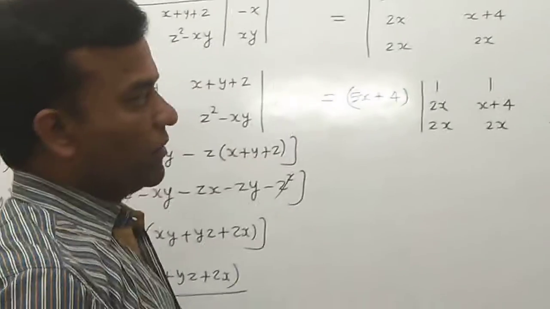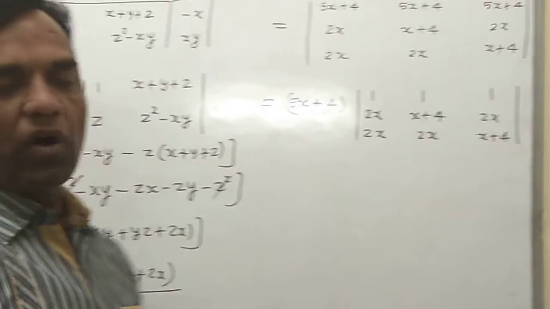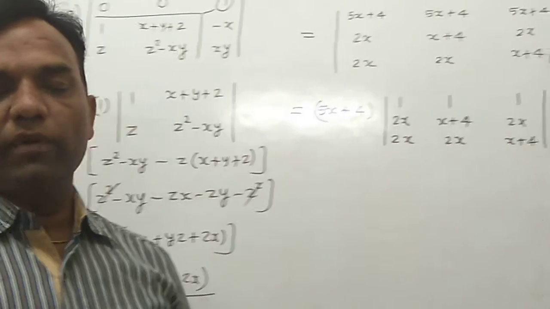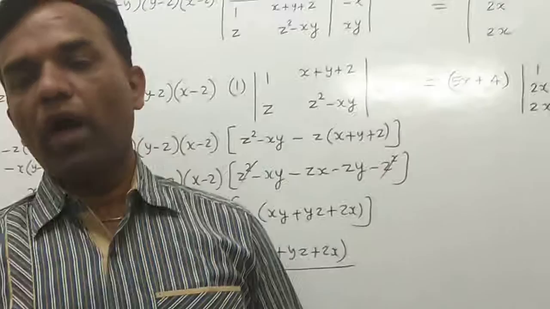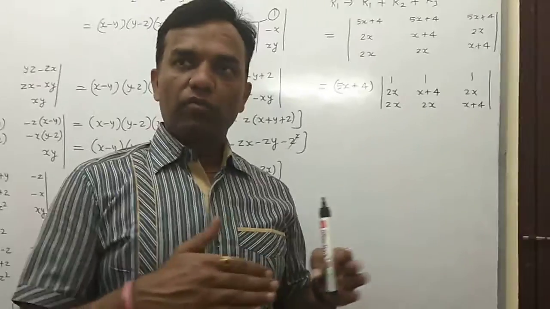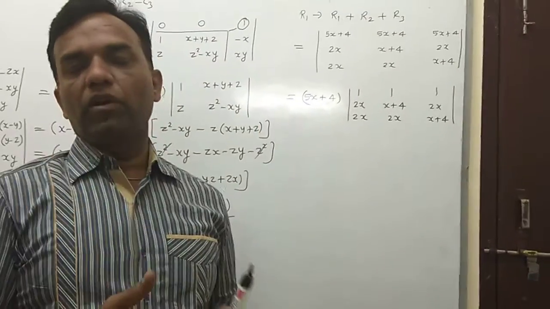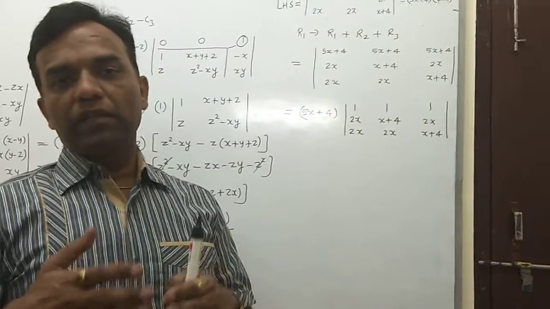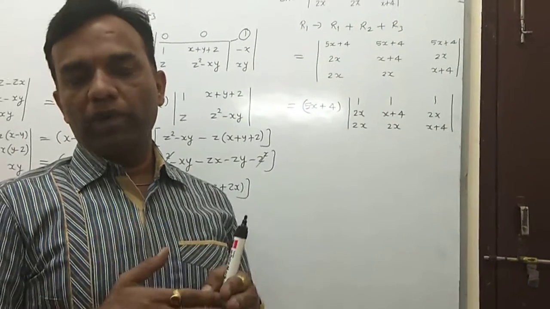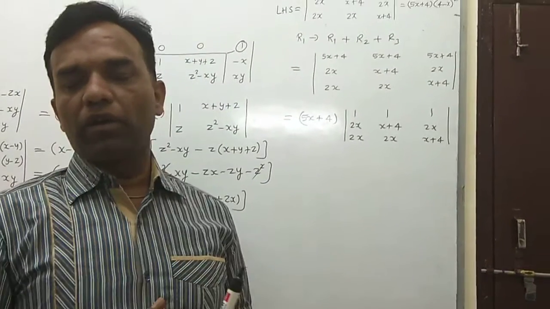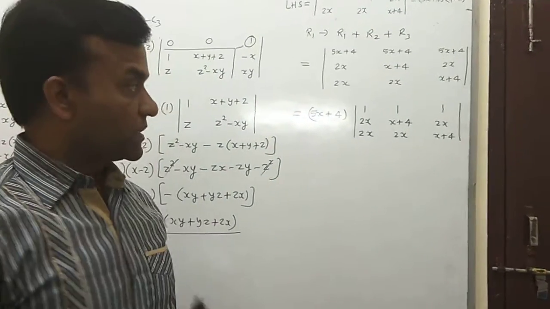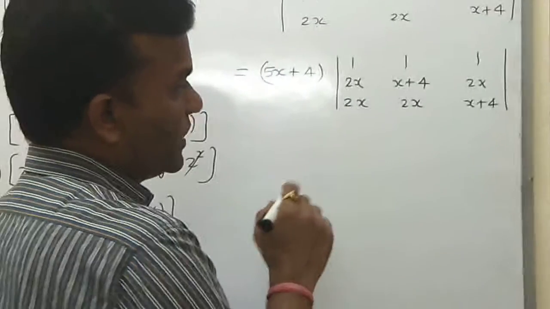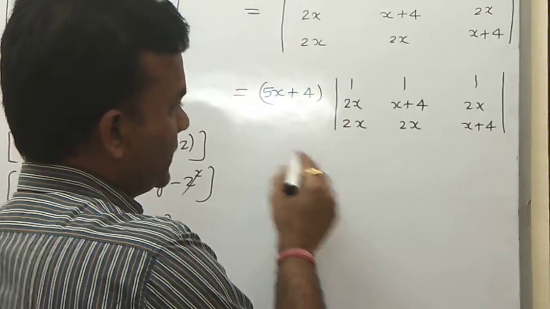Okay, then now the question is very easy because all elements of R1 are 1, 1, 1. In the previous video I also explained: if you have all elements 1, 1 in a row, then you apply the column operation. If you have 1, 1 in a column, then you apply the row operations. So now you just apply it like in the first operation, where you also got the same answer.